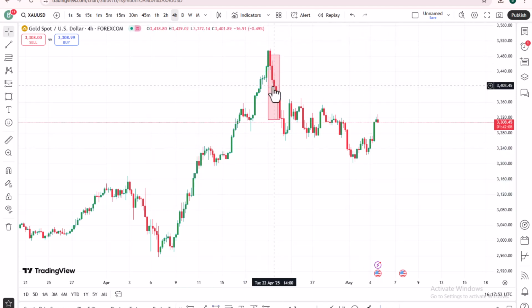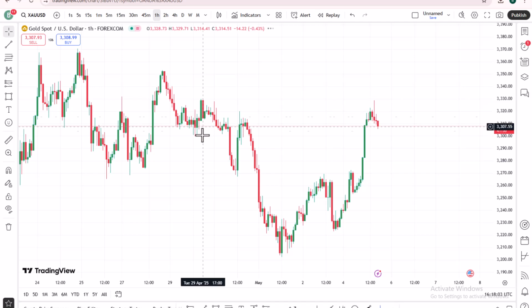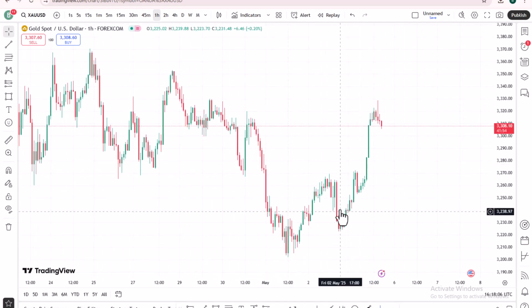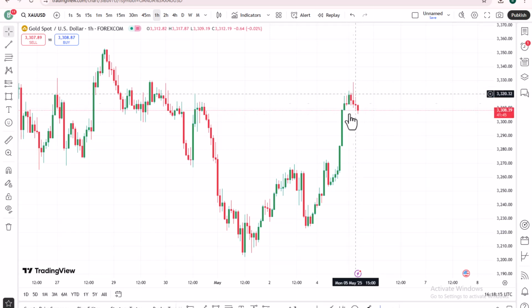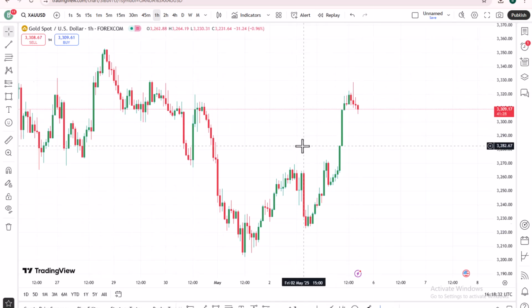After looking at the 4 hour and daily time frames, the 1 hour time frame also suggests the current trend that I should be trading. With the 1 hour time frame, even if I'm looking at a buy trade at this point, I'm not going to enter because the price action has changed here. I will still be looking for buys, but until I see a bullish candle on the 1 hour time frame, I'm not going to be buying the market.